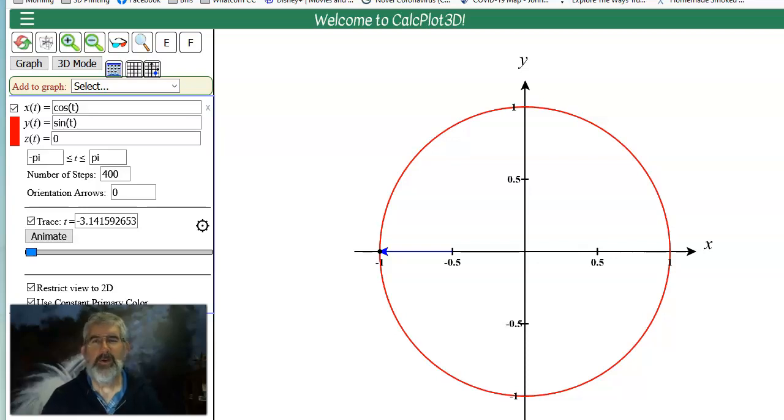In this video, I just want to play with vector valued functions, parametric equations. I don't know how to emphasize enough the importance of people just playing with mathematics. Get a graphing calculator, I'm using CalcPlot 3D here, something that allows you to just do some experimenting and get some familiarity, is that a word,